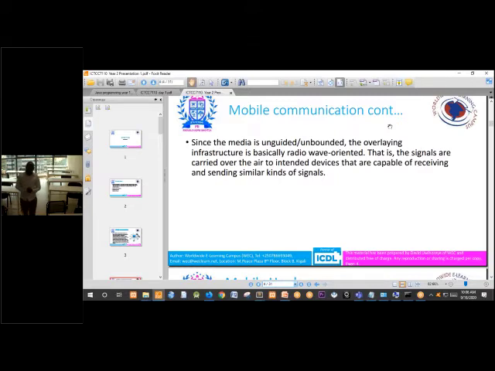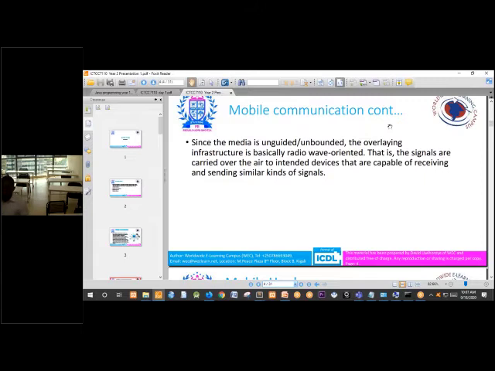Since the media is unguided or unbounded, what we call wireless, it is understandable that if we are using mobile devices, the media used is a wireless communication media. So the overlaying infrastructure is basically radio wave oriented.